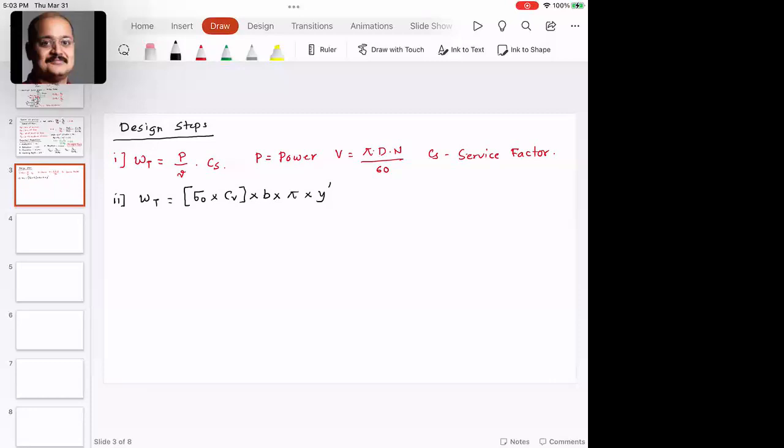We use the same equation for helical gear, but there is a small change in the bevel gear. In bevel gear, we multiply with another dimensionless number, which is (L minus B) divided by L. And as you know, L is the cone distance,